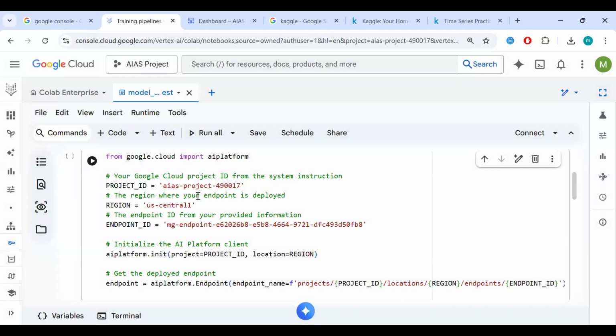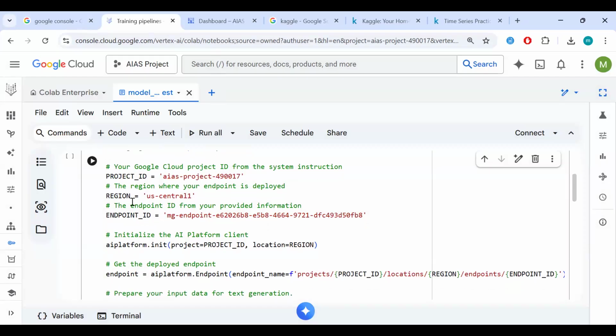So back to our inference, right? So we're trying to interact with our model that we deployed. So we have to set our project ID that we got from our dashboard, the region, right? So our region is global for the project, but we specify because this is where the model is deployed, right? So we just specify the regions where the model is deployed.